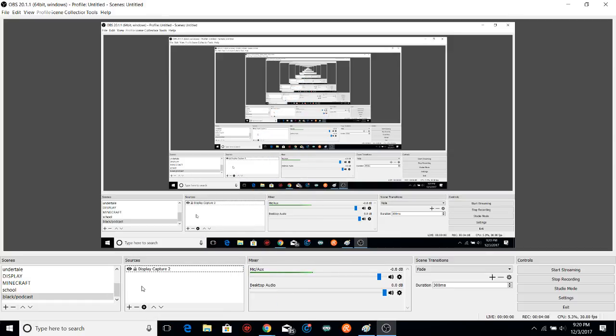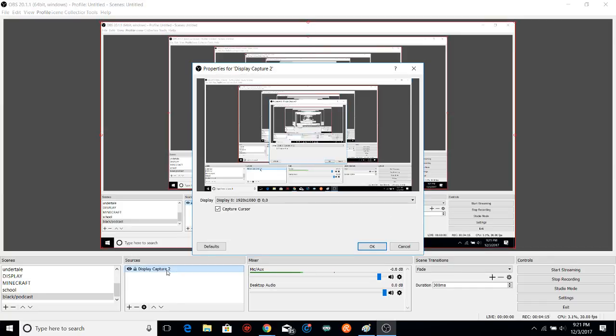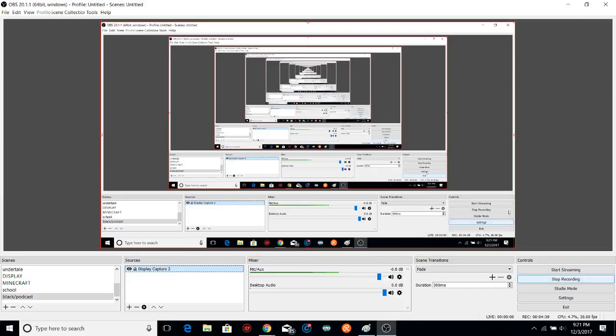Then there's a whole bunch of different things, but this is all you need to record a basic video. All you got to do is put on display capture. If you double click it, you can choose any of your displays. I have 3 different displays, but I only have one configured. Only one that will work with OBS right now. So you got 1 and 2. So technically I have 2. Anyways, before I go on a crazy ramble,